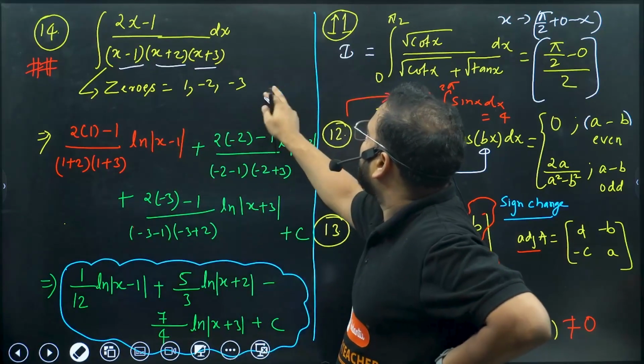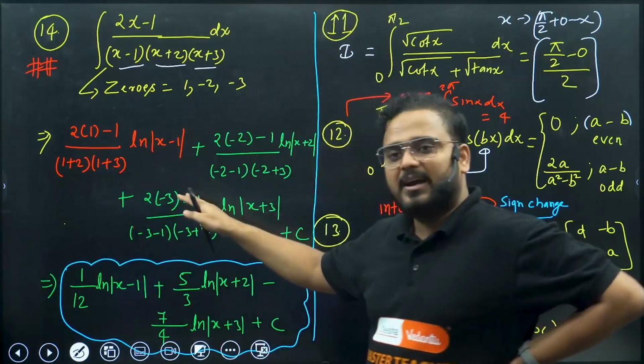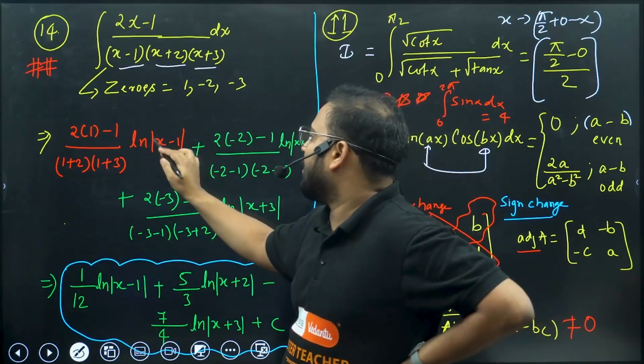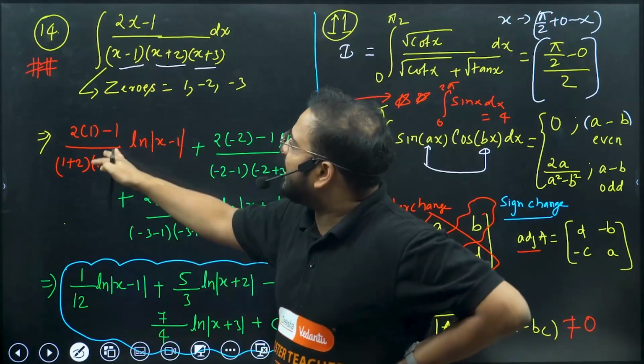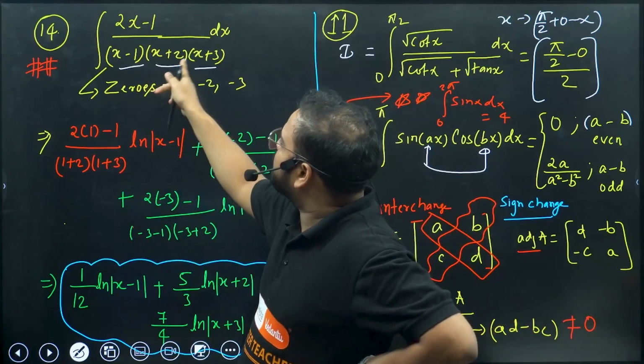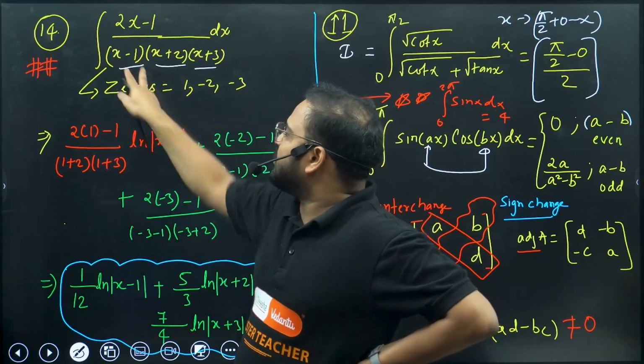But whenever you have some coefficient of x, please mention that as well. Divide by the coefficient. If you have a over here, divide by a. Everywhere else, you're going to keep the x as 1. So 1 plus 2, 1 plus 3, and you have 2 minus 2 into 1 minus 1. Whatever is making that 0, keep this in the log.